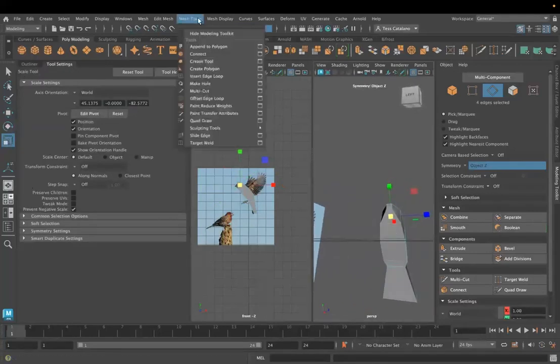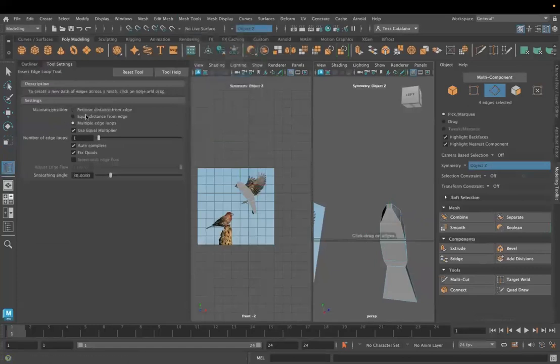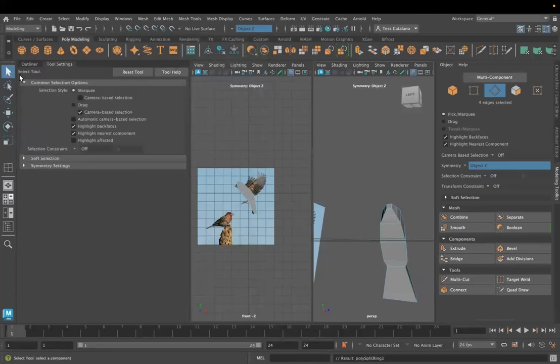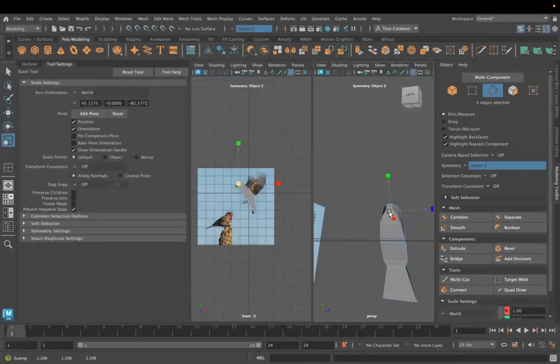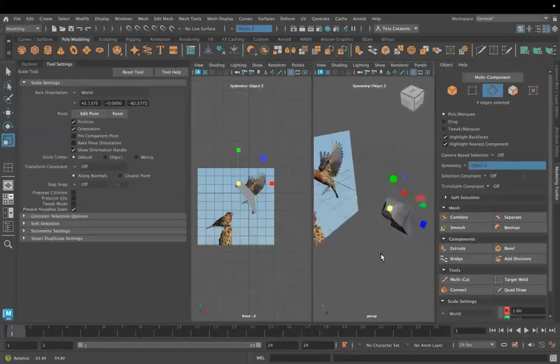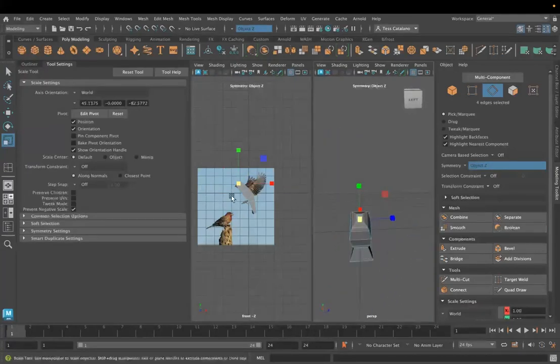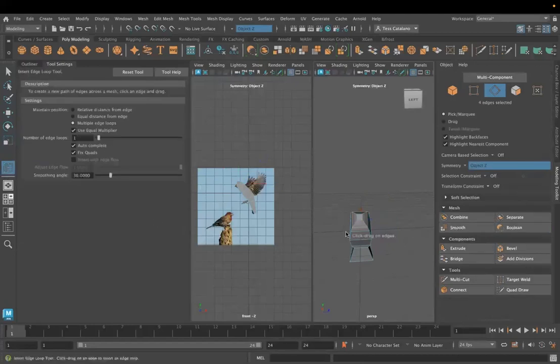And I'm going to use this edge loop tool and just stick some edges in the center to add more definition to be able to then build out more of my model. I'm also going to stick an edge loop around the center in both directions so that I'm able to,